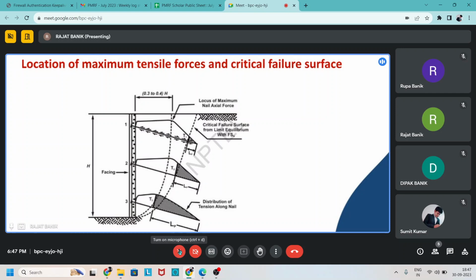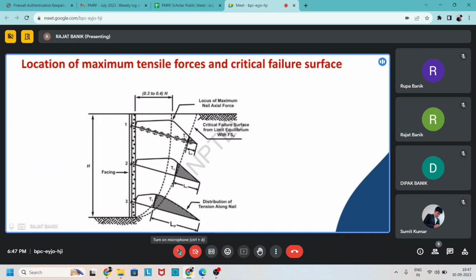So here, if we apply the factor of safety to this existing local maximum soil nail, then we can get another critical failure surface for limit equilibrium with factor of safety FSQ,